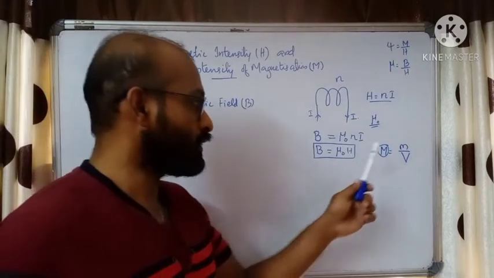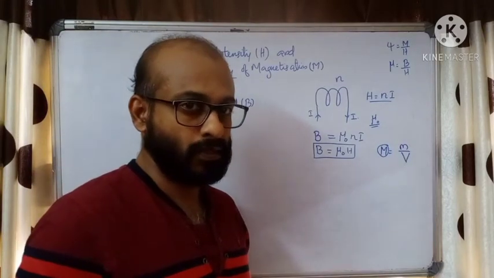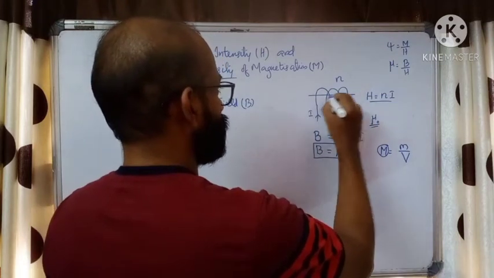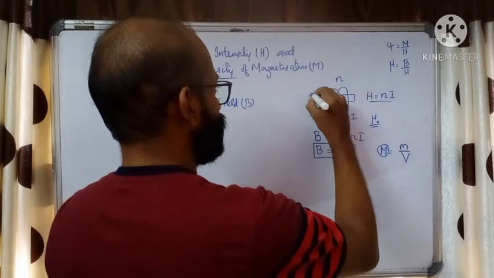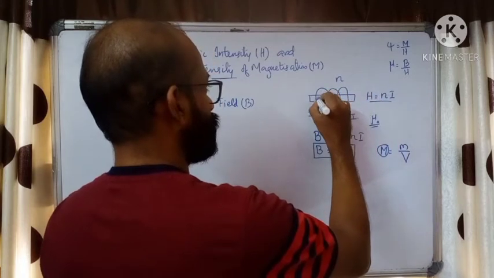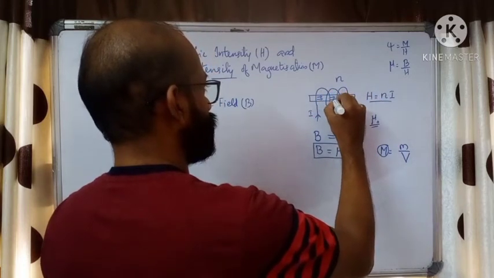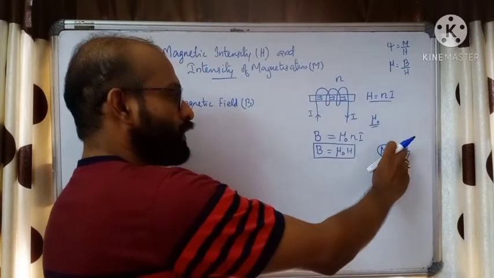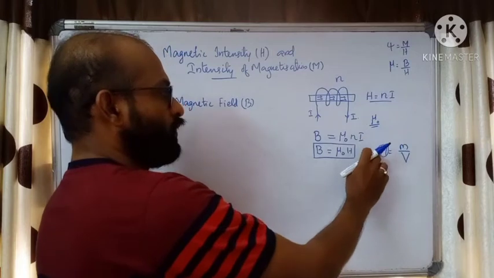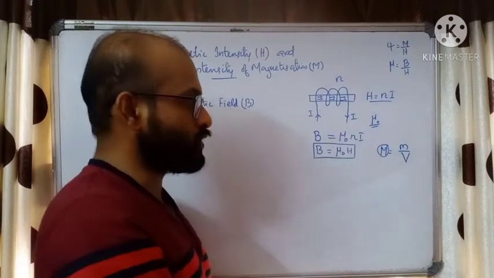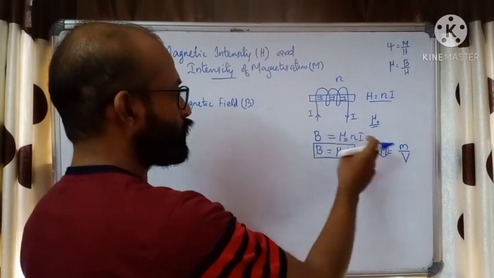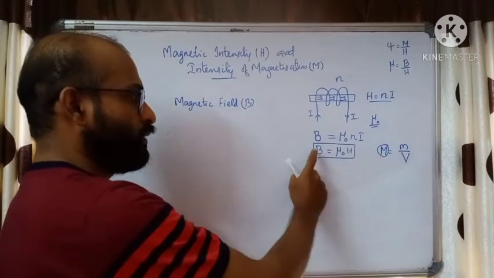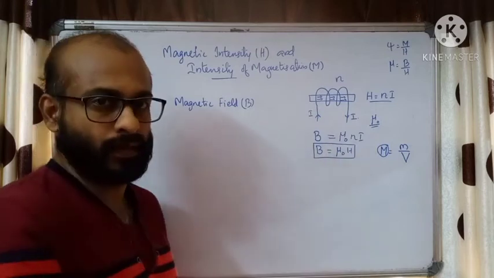So the iron rod is magnetized. See, if we place, I'll draw the iron rod inside like this. If the iron rod is there, then many dipoles will be formed inside. Magnetic dipoles will be there. So it has got induced magnetism. The induced magnetic moment per volume is called intensity of magnetization. This is another vector. So here we have seen three vectors: intensity of magnetization, magnetic field, and magnetic intensity.